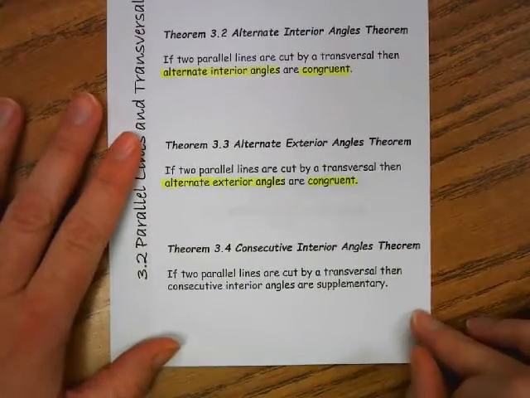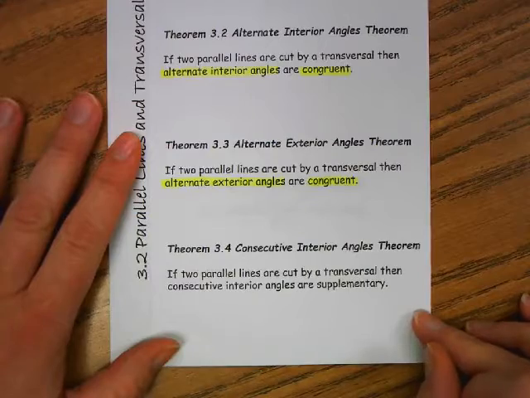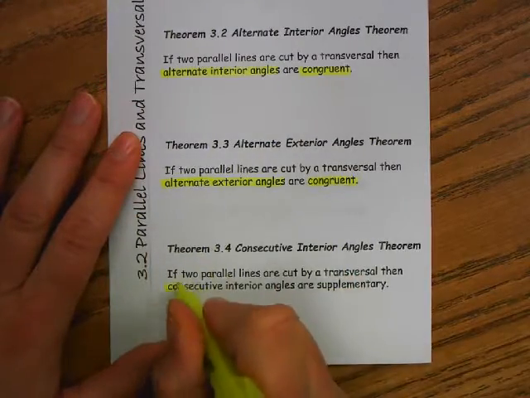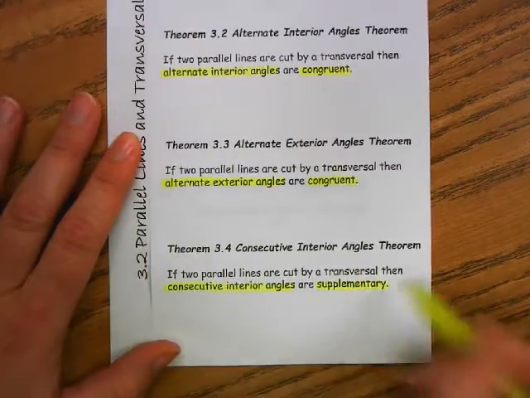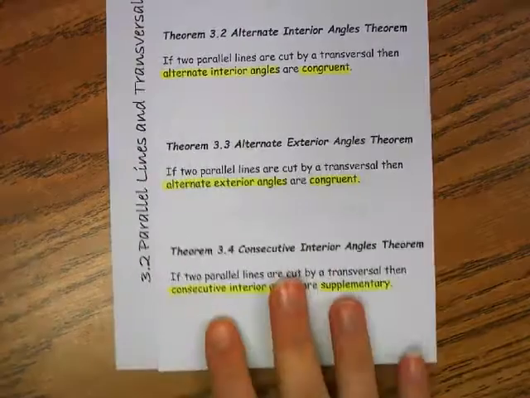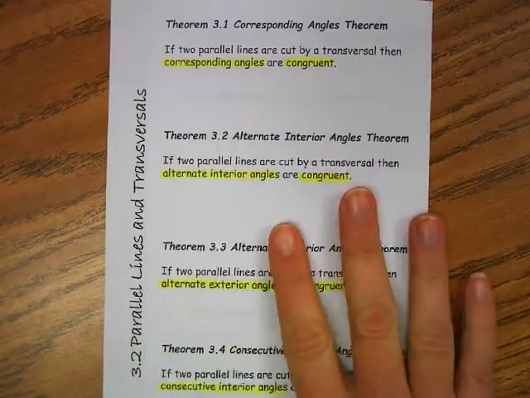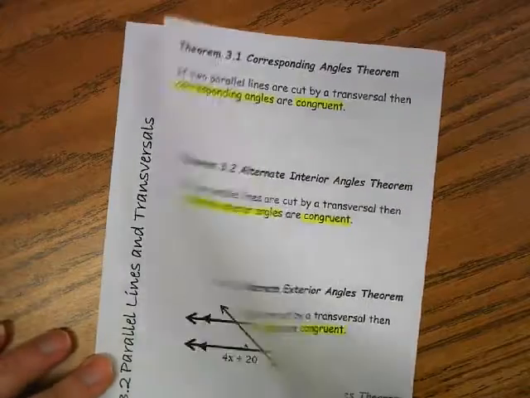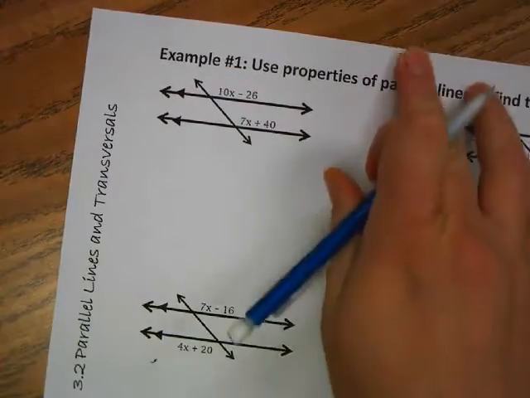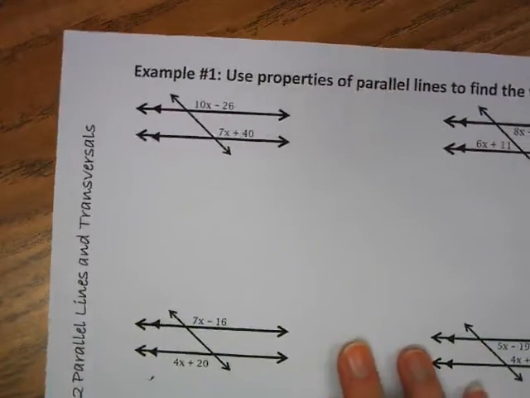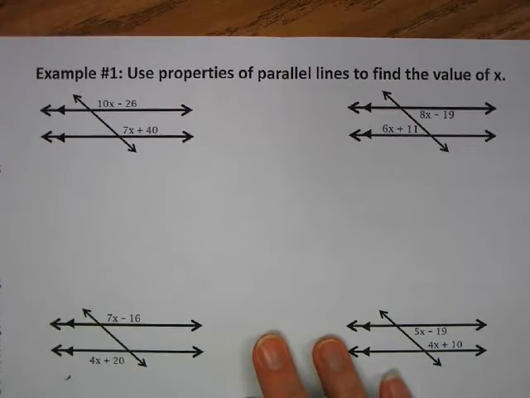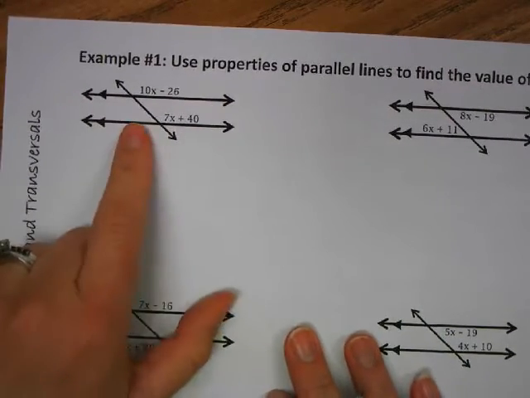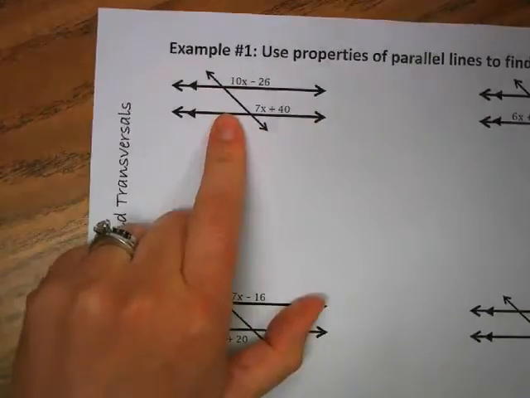And Theorem 3.4, if two parallel lines are cut by a transversal, then consecutive interior angles are supplementary. So using these four theorems, you are going to complete example 1. So you're going to use properties of parallel lines to find the value of x. So looking at the first diagram,